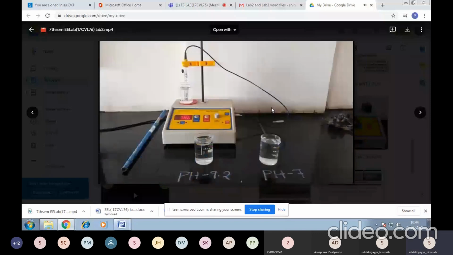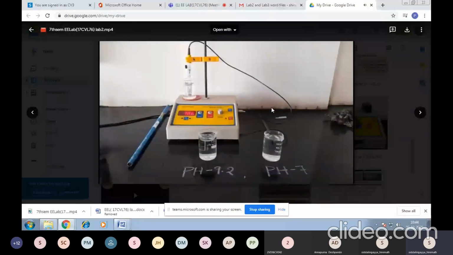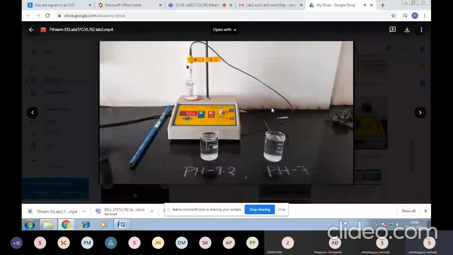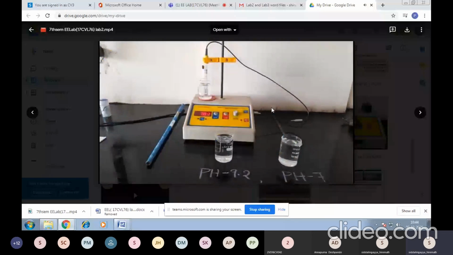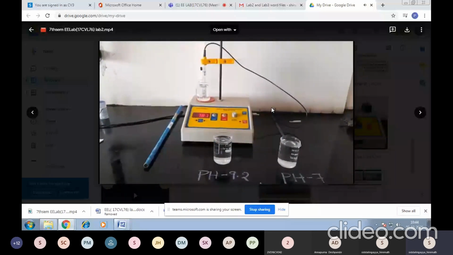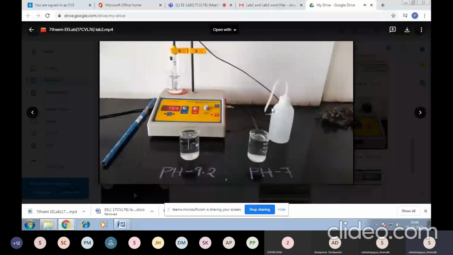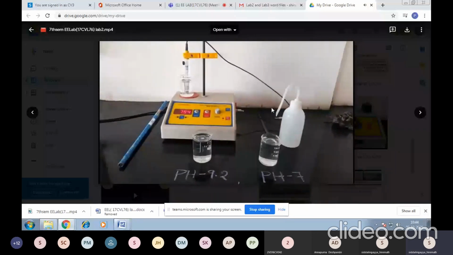Students, let us start the experiment. What is the aim of the experiment? That is to determine the pH of the given sample of water. And what are the apparatus required? Apparatus required are pH meter, standard glass, funnel, beaker, wash bottle, etc. Now, the chemicals required for the determination of pH are: first one is buffer solution of known pH value, and second one is distilled water.